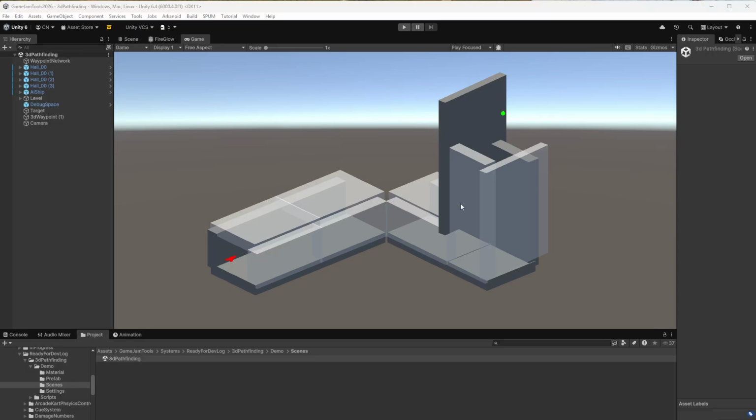Okay, this is going to be my first devlog for Game Jam Tools, which is going to be a collection of tools I use for some of the game jams I enter. I tend to find I'm doing a lot of the same things over and over again, so I decided to create a library of systems that I can hopefully reuse in future projects. And I'm considering possibly releasing this as a Unity Asset Store asset as well, because I figured other people can take advantage of it. So the first thing that I created here out of the list is a 3D pathfinding